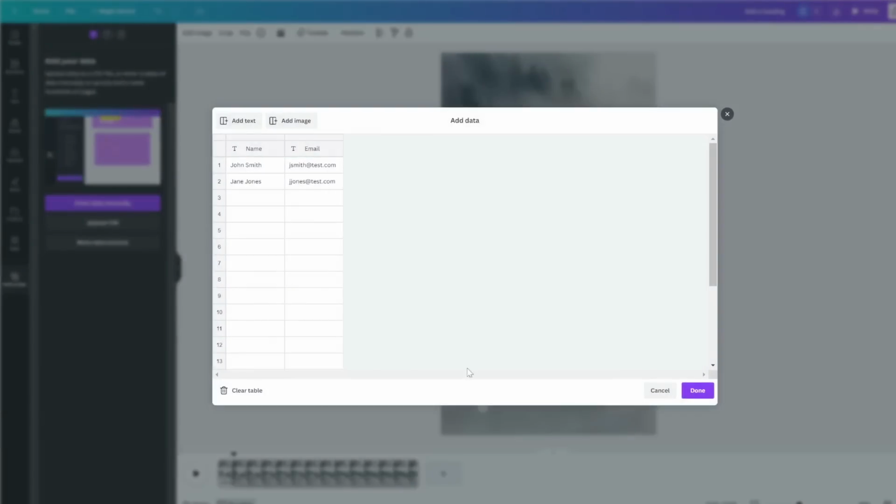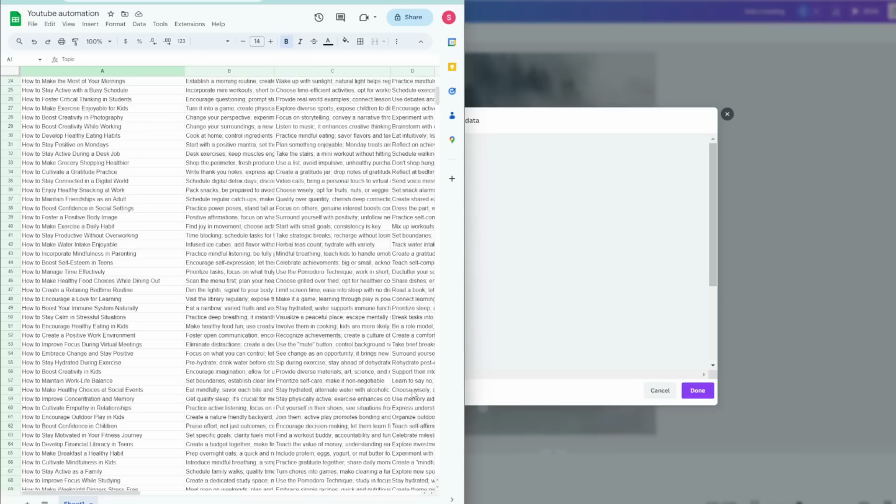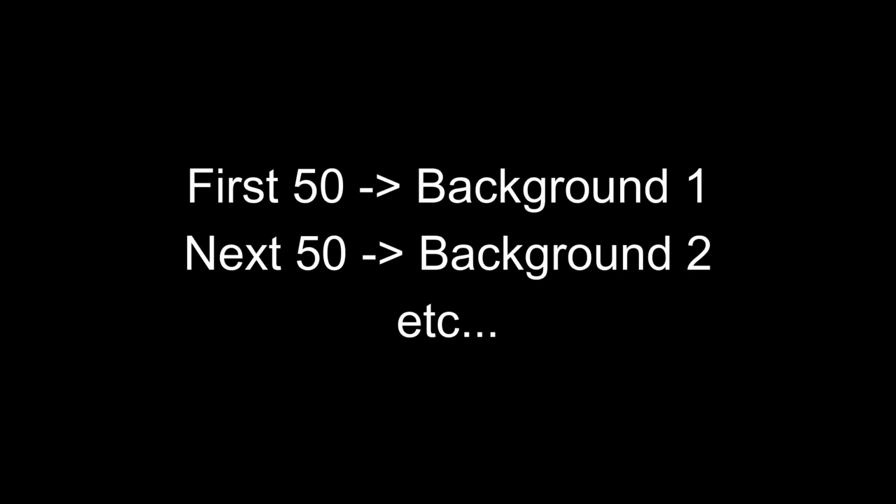Then I'm going to go back into the spreadsheet with all the data we generated from ChatGPT and then copy the first 50 rows. Why we're only doing 50 is because all the videos we generate right now are going to have that same forest background. So we want to also switch up the background a bit. So I'm going to do the first batch of 50 with the forest background, and then I'm going to do another batch with another background, just to give it more variation.